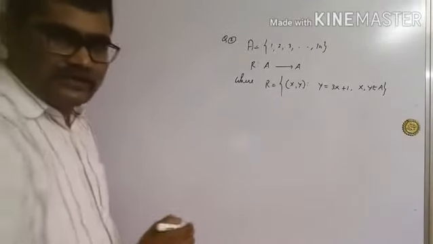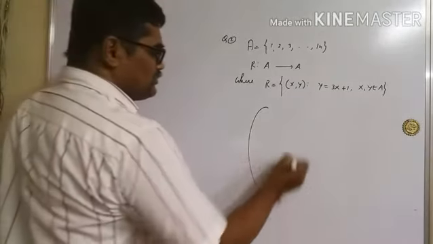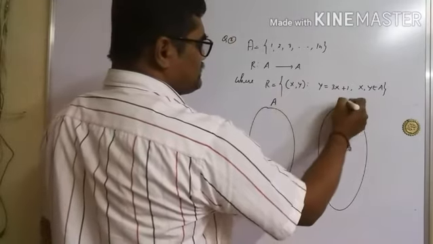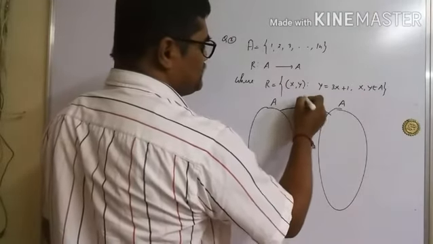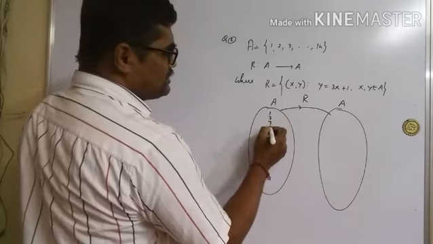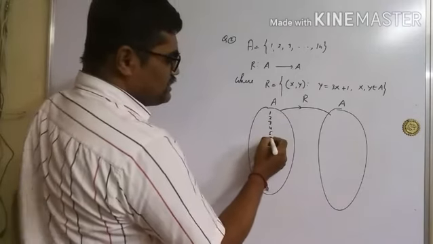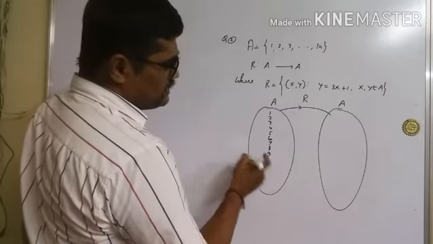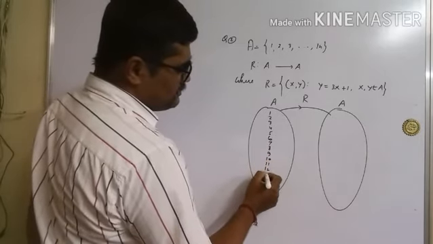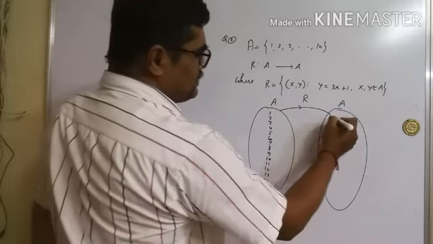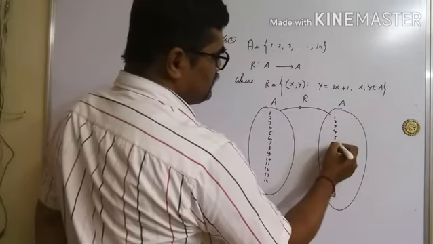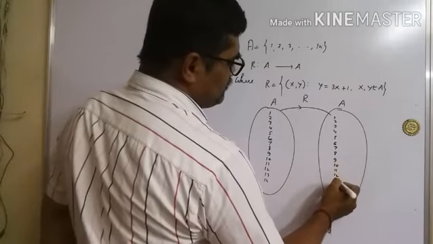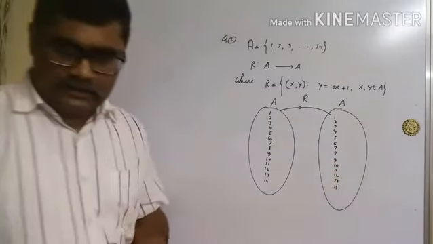Okay, so let us first draw it. We'll convert this into a figure, the arrow diagram, right? So now you see, this is A, from here to here, this is R. How many elements are there? I need to write the elements. 1, 2, 3, 4, 5, 6, 7, 8, 9, 10, 11, 12, 13, 14 on both sides. Okay, now,